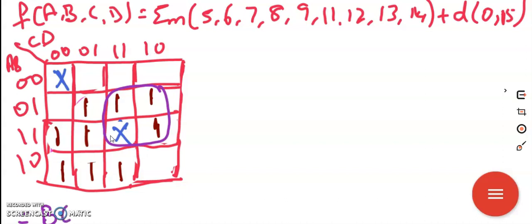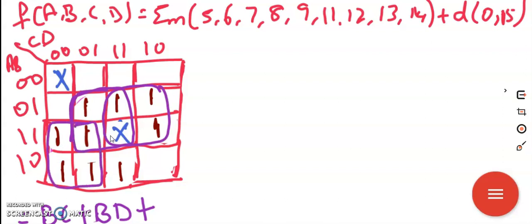So then if I want to make this one, this is the best option. So I make these 4 in one group. So with this I'll get B common here, and out of this it is D common, plus. Then for this one, this is the best option. So I make these 4 in one group. So the result here is A, because A retains common here, and then here C bar, plus.